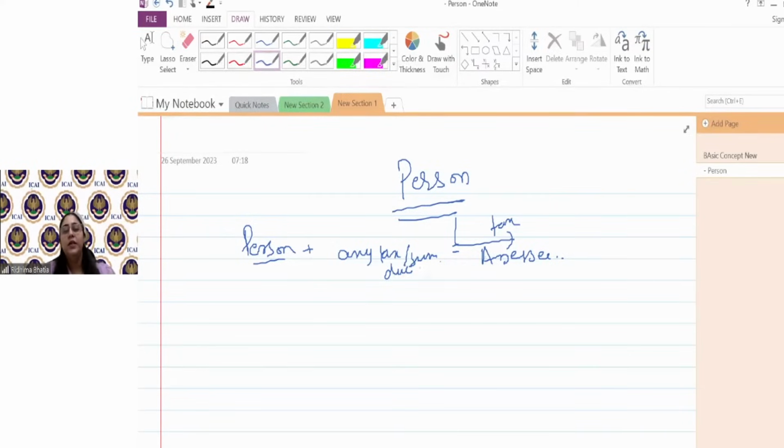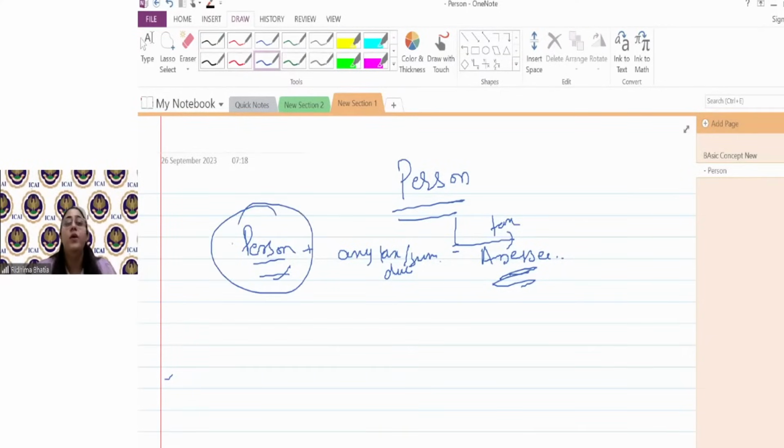So can we say every assessee is a person, but every person may not be assessee? Can I say that? Every assessee is a person, true, but every person may not be assessee. Because वो assessee कब बनेगा? या तो any tax is payable or any tax is due or any sum is due, correct? Or any proceeding is going on against him, or he is in default, or he's a deemed assessee. So person would become an assessee only if he fulfills the conditions of assessee, right?